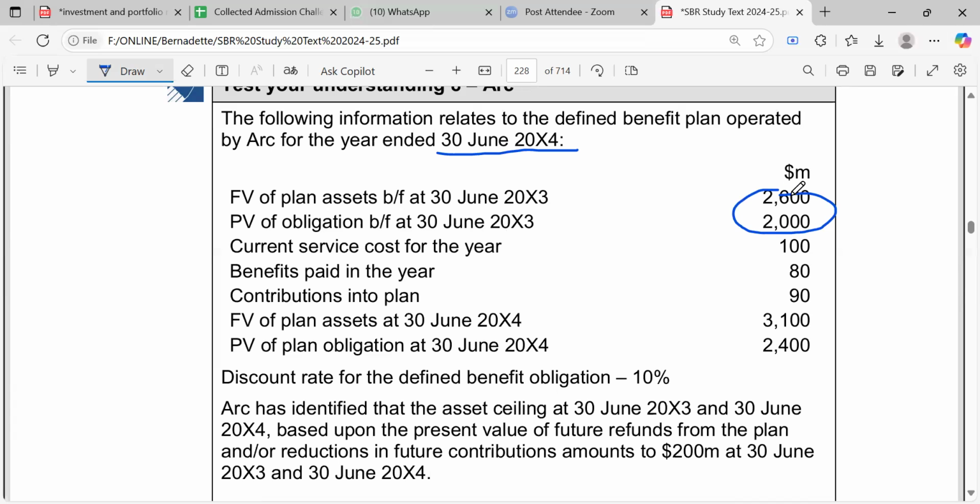2600 minus 2000 is 600. And it's a net obligation, so it's 600. The obligation is 600 positive, like we said. But with the obligation put as positive, usually before going anywhere, we usually compute the interest component. This is the balance brought down. We usually compute the interest component, right? You can get it from the discount rate for the defined benefit obligation. We have it here, right? 10%. And this one should be at the beginning of the year, it should be here on this, right?